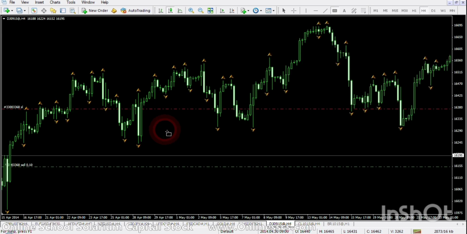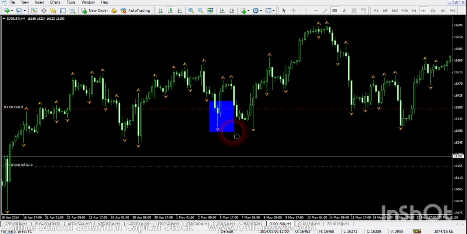There was a high here. And also here. This is the reversal. A really big reversal. You see,